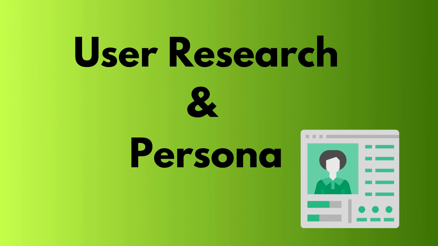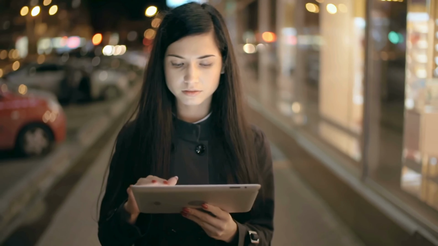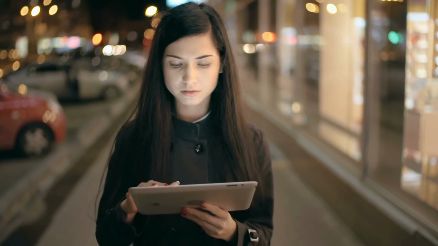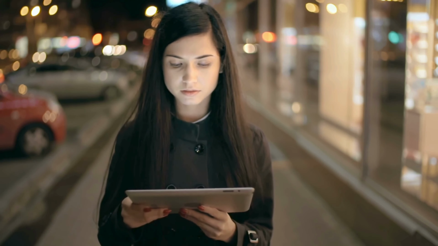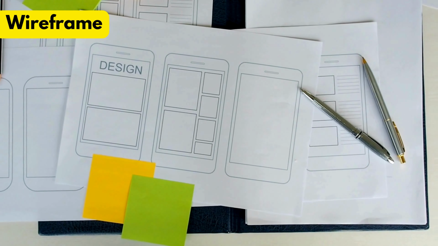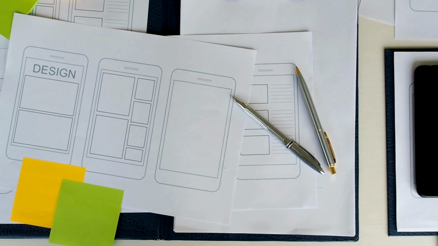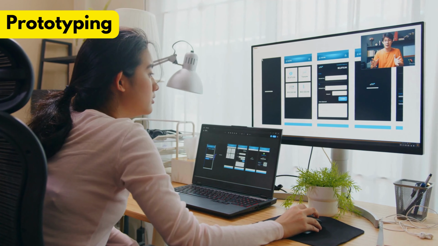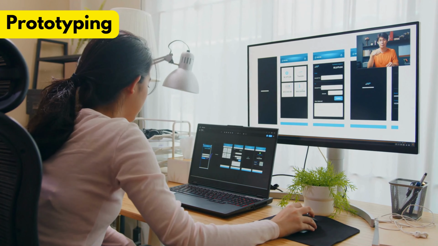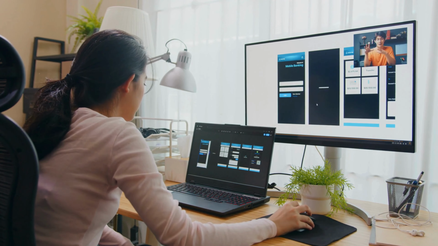Personas were created to represent typical users, such as Neha, who struggles with cooking amidst a busy schedule. This helped identify user needs and preferences. Wireframes were created to outline the basic layout of the app, followed by prototypes that allowed for interactive user testing. This step ensured the design was user-friendly and intuitive.